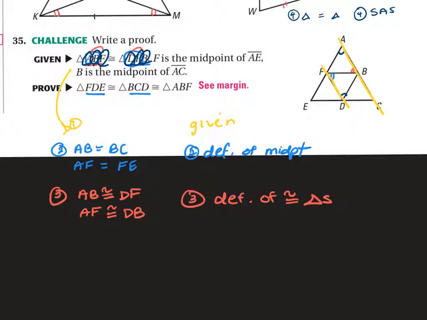Okay, do you see anything else going on there? If I said ABF was congruent to DFB, right, which is what I just marked, the red and the, here,